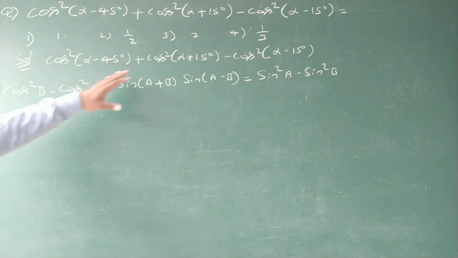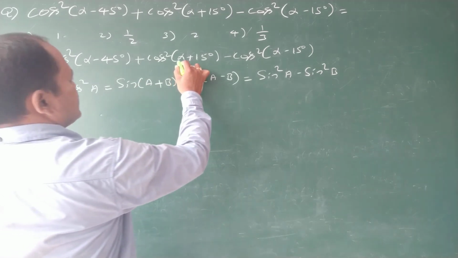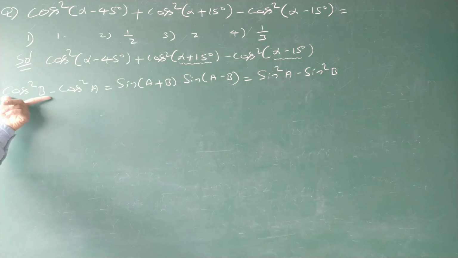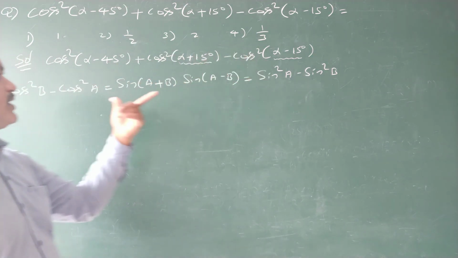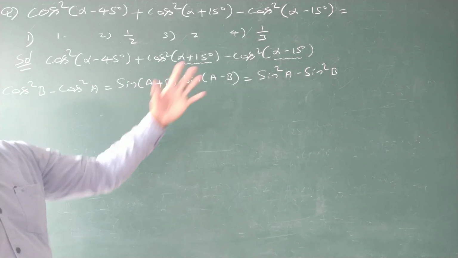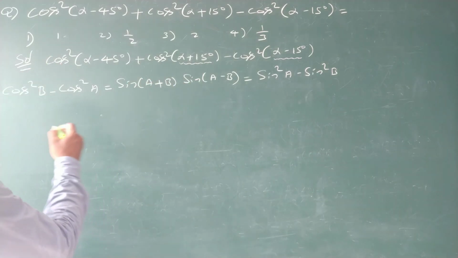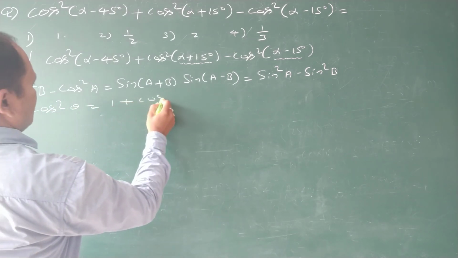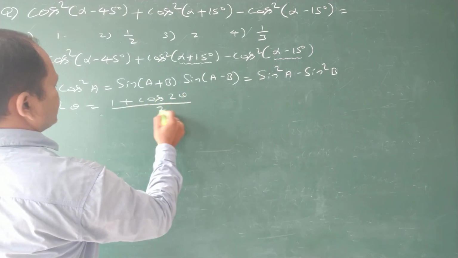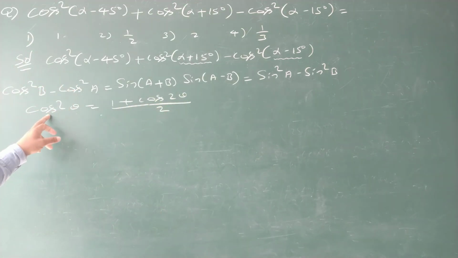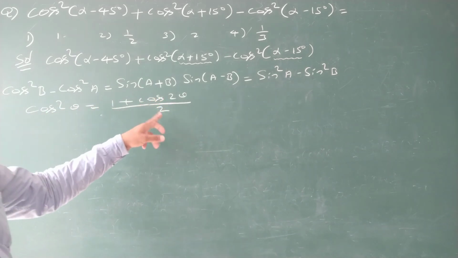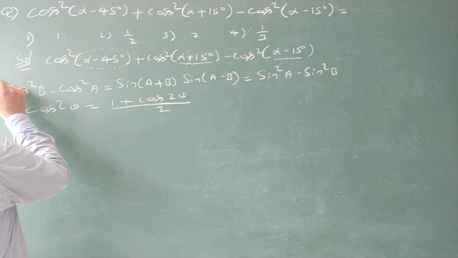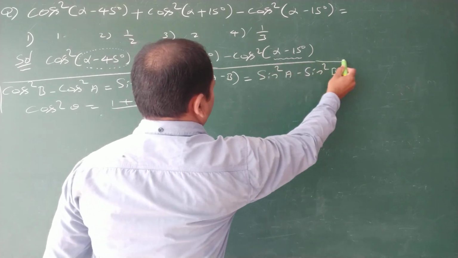Now we have to use this formula. This part is taken as b, this part is taken as a. Now we have to use the formula cos square b minus cos square a is nothing but sin(a plus b) into sin(a minus b). And one more formula we have to write, that is cos square theta is equal to (1 plus cos 2 theta) whole by 2. This part is taken as theta, this part as theta. That's why by using these formulae